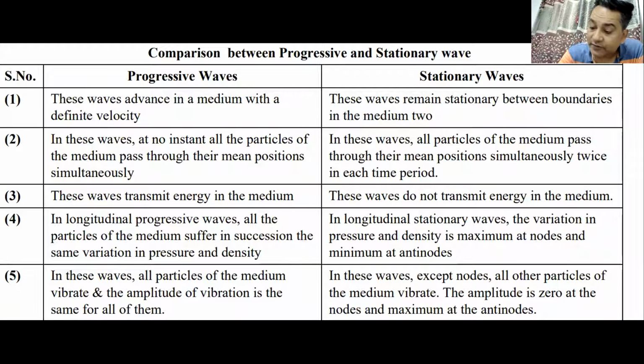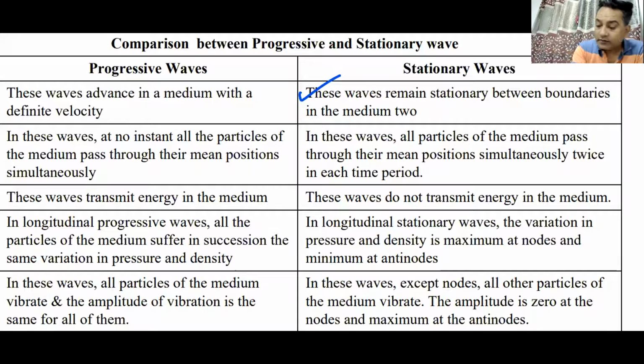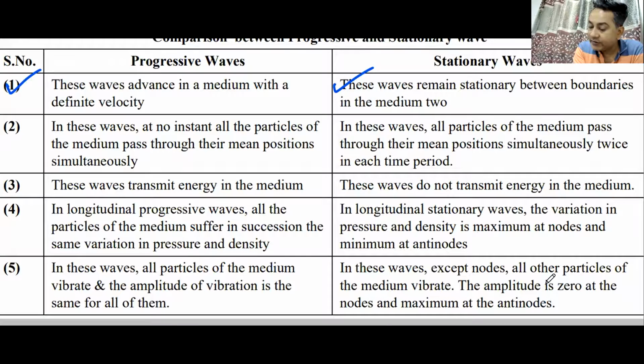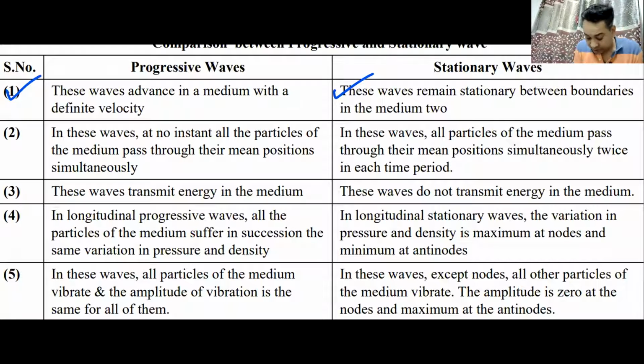In a progressive wave, the waves move, advancing in a medium. Energy is getting transferred from one point to another. Do we understand this? Yes or no? Yes, sir. But in stationary waves, energy is not getting transferred. They are confined between 2 points. In case of progressive waves, what has happened here? Something wrong has happened. Okay, I've corrected it now. In case of progressive waves,